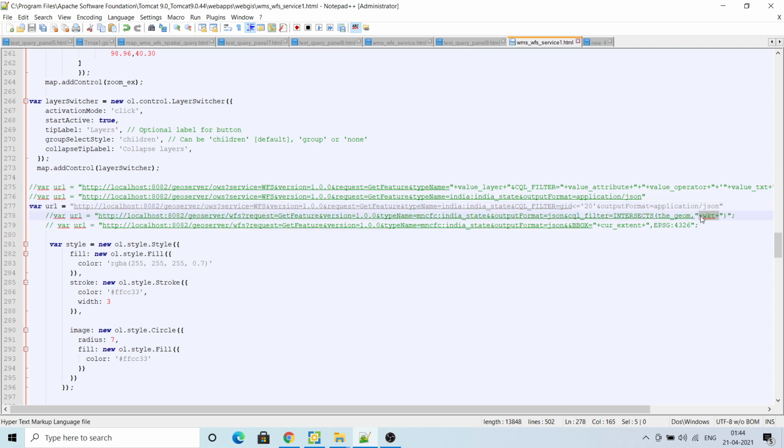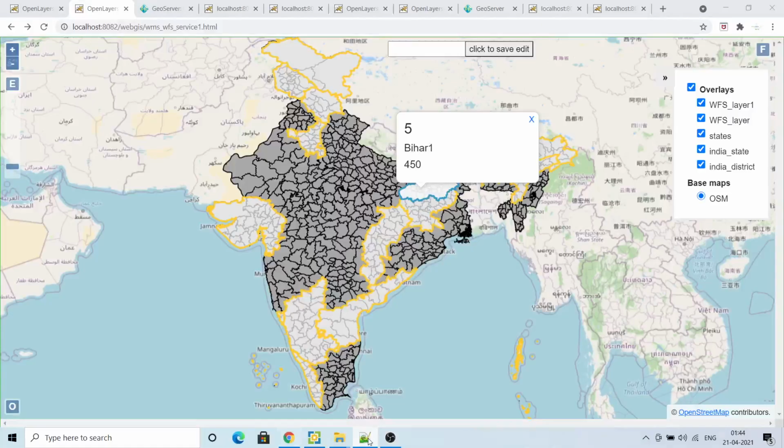So you can give any geometry like any polygon or point, whichever it intersects, it will filter those features. Also by BBOX, which means bounding box, you can give the upper left and lower right coordinates, and it will filter all the features within that. So now this is the WFS service. Now you must have understood what WMS and WFS services are.